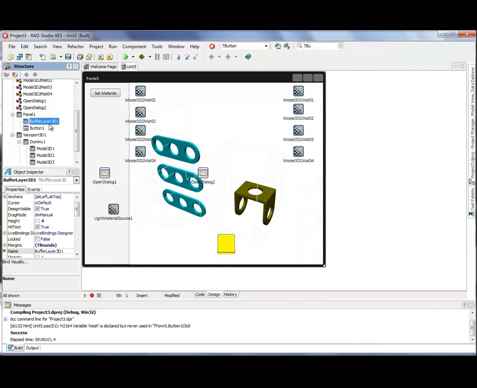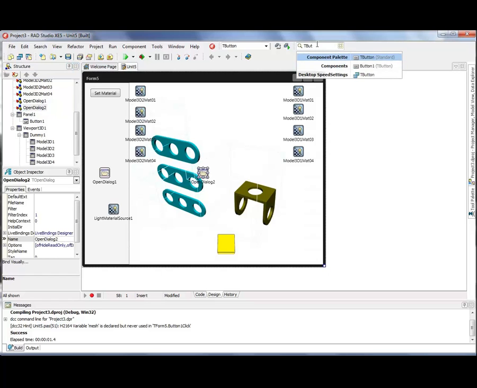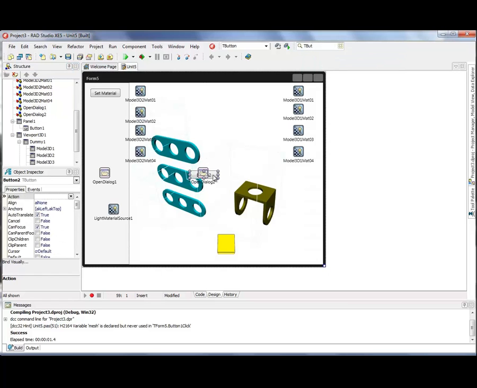Oops, wrong pocket. Add a button onto the panel and change the text to load from file. Load. So double click.